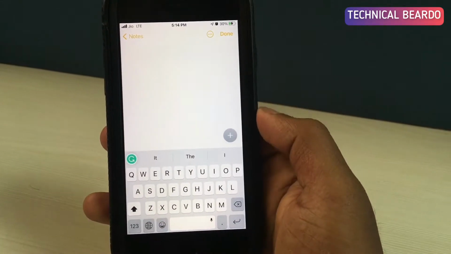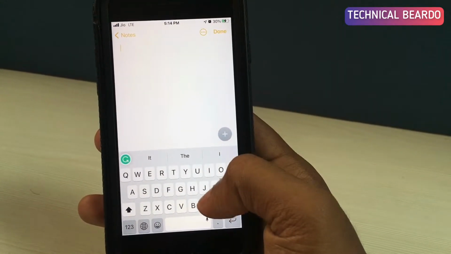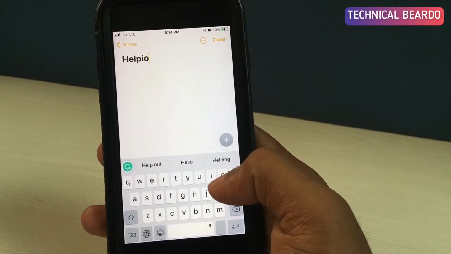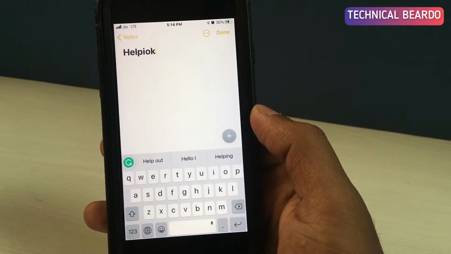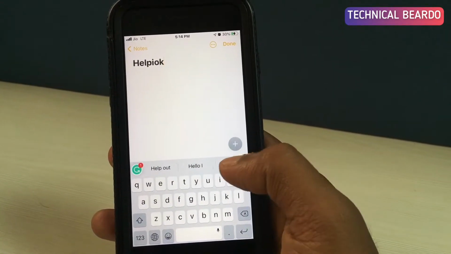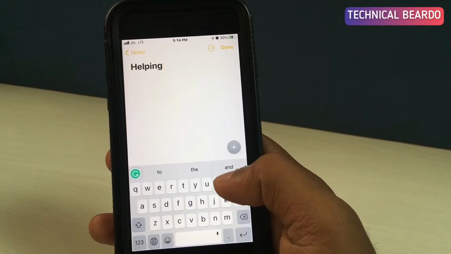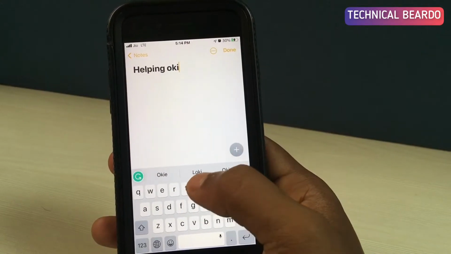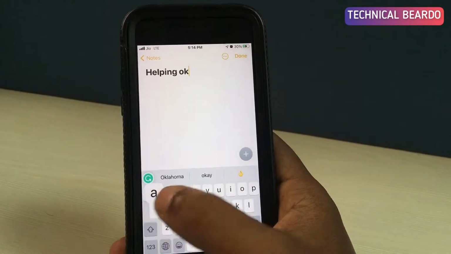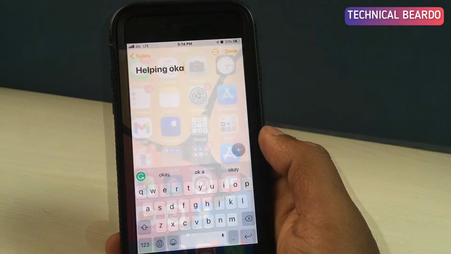So guys, if you talk about using the Grammarly application as a keyboard on your devices, if you see here, it has a very simple layout just like your iPhone keyboard, right? But it is very helpful because if you type any wrong word, it will correct you. If you have made any mistake, it will automatically display it as a grammatical mistake, and it will let you correct the mistake in your typing.